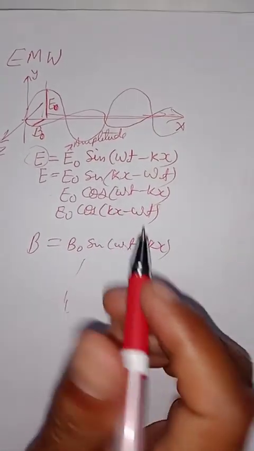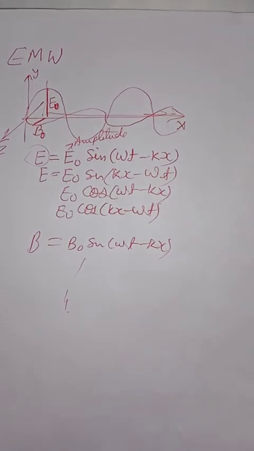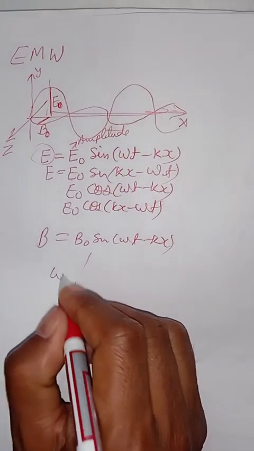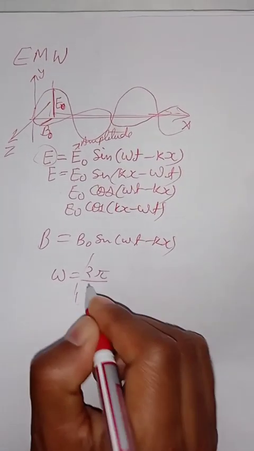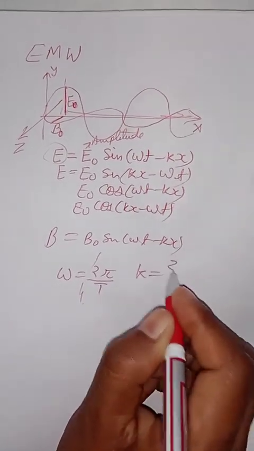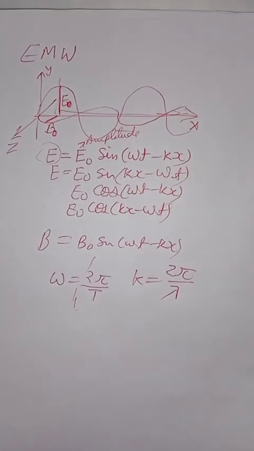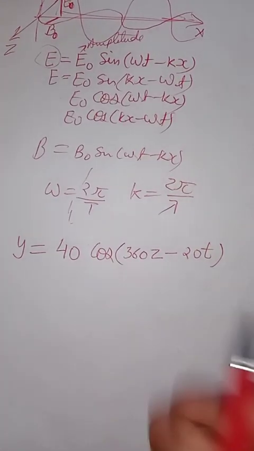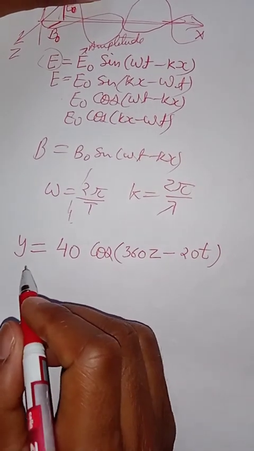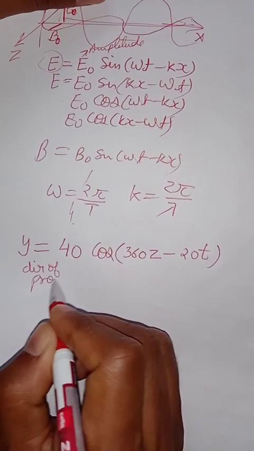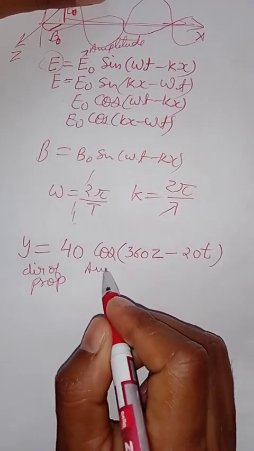So this is how the electromagnetic wave equation goes. And here also omega is the same thing, 2 pi by T, and k is the same thing, 2 pi by lambda. That's all. So let us suppose this is a question and they have asked the direction of propagation, then amplitude,